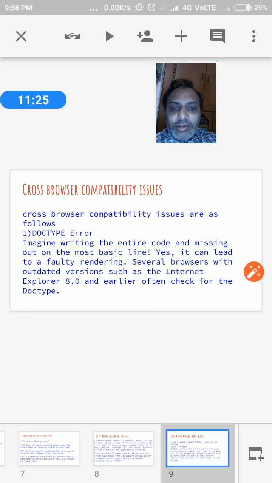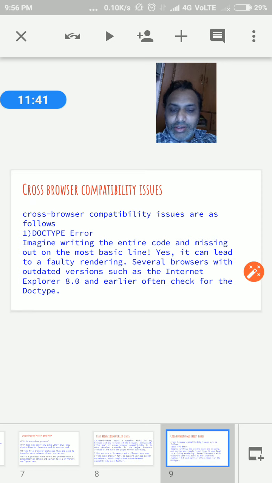Browsers with outdated versions, such as Internet Explorer 8.0 and earlier, often check for the doc type.